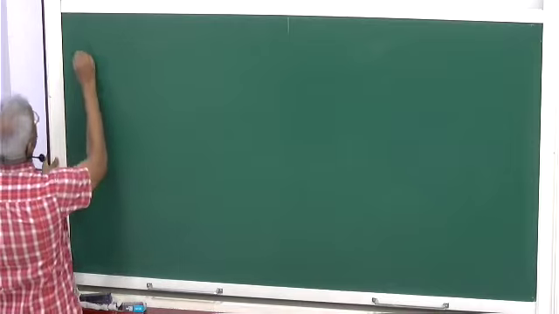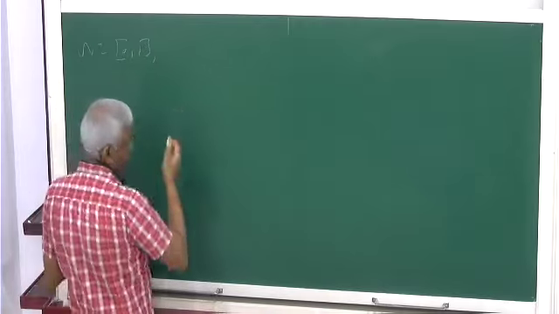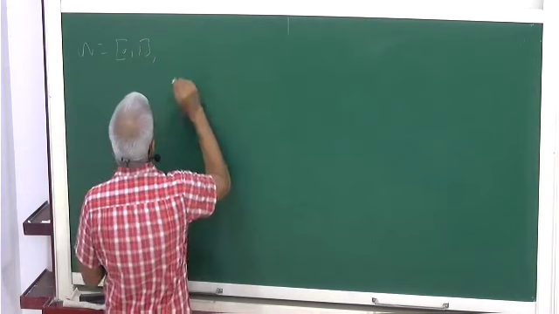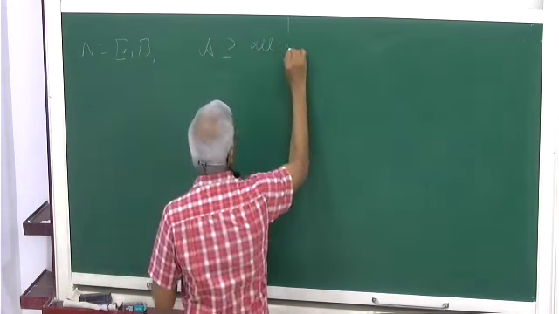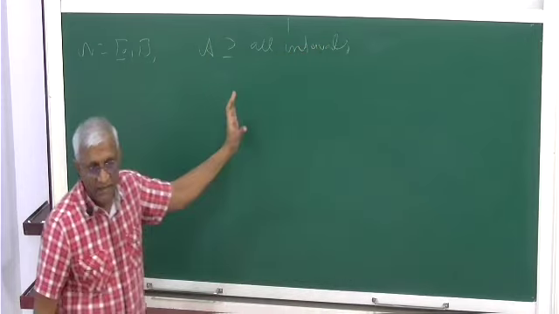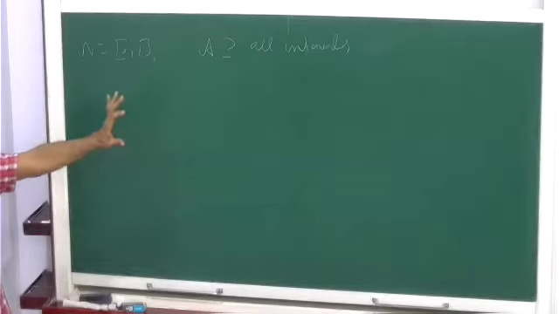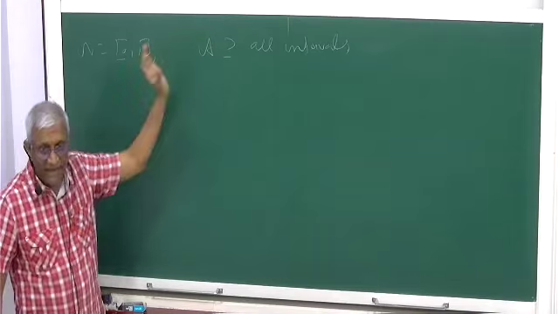So you can take omega to be this. What is script A? It is some sigma field which contains all intervals. We will only be defining on intervals. You have to assume that it will be proved later that there exists a sigma algebra where these things are well defined. The sigma algebra is not very complicated.